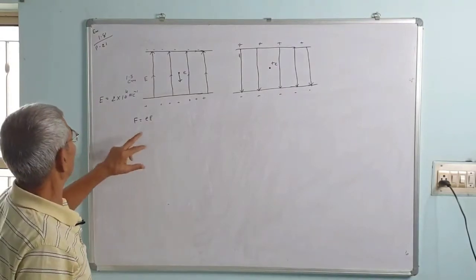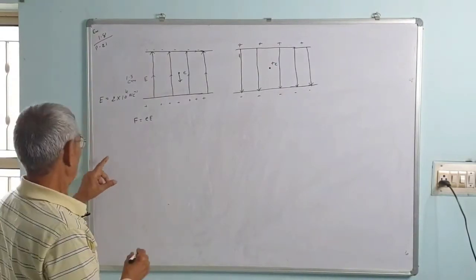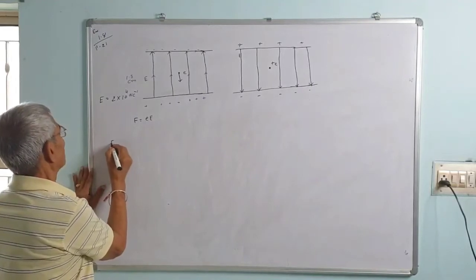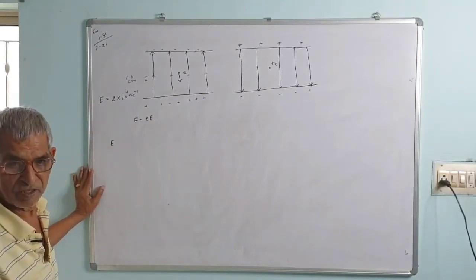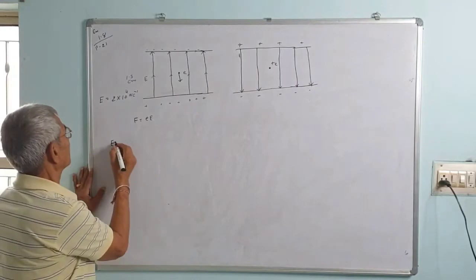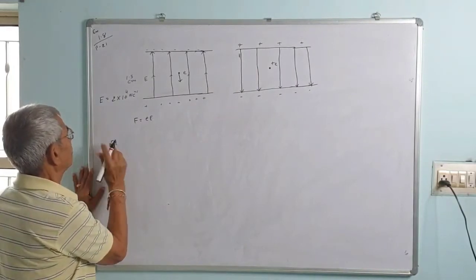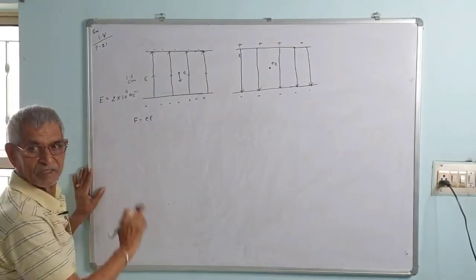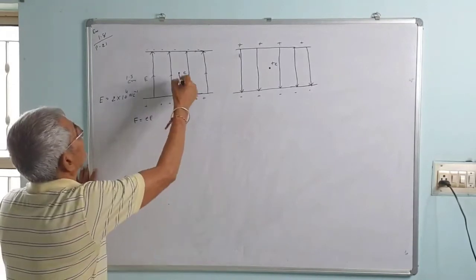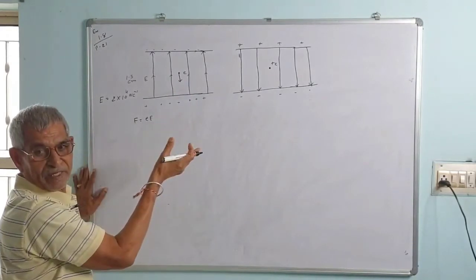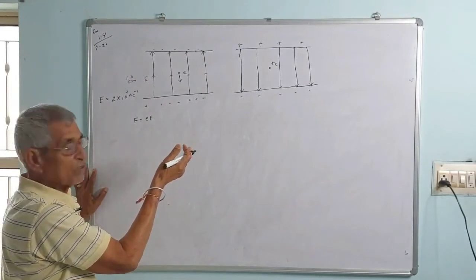The electric field is the force per unit charge. The charge of an electron is e. So what is the force? That is F = EQ, where Q is e, so it is eE. Now, since the electron is acted on by this force, it will be accelerated. It won't move with constant velocity.